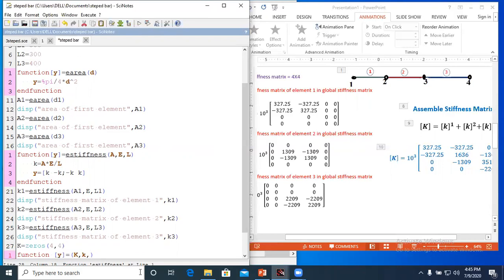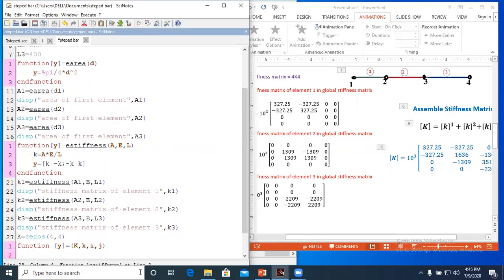That means there are two locations, i and j. For defining those two locations, I will use i and j arguments. After that, I will define the body of the function.